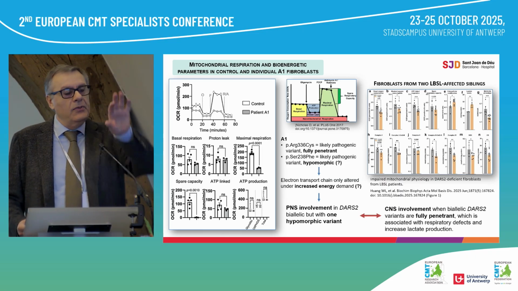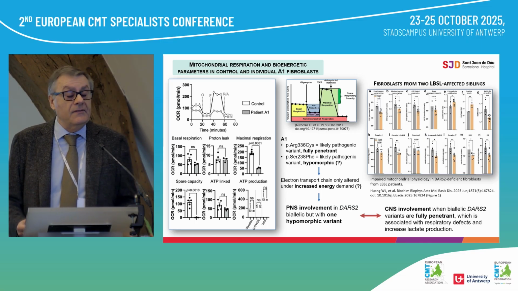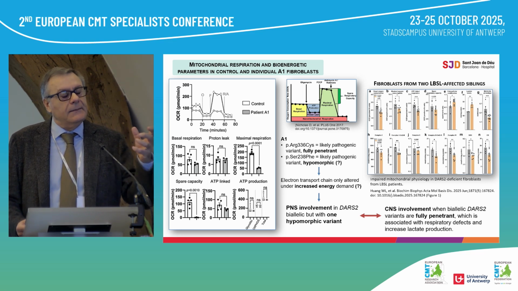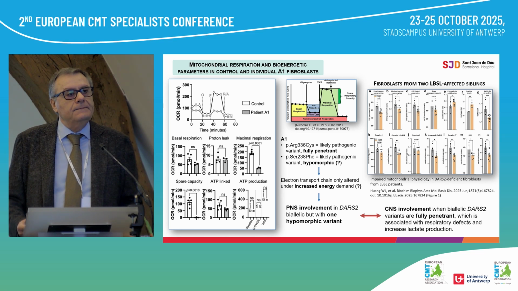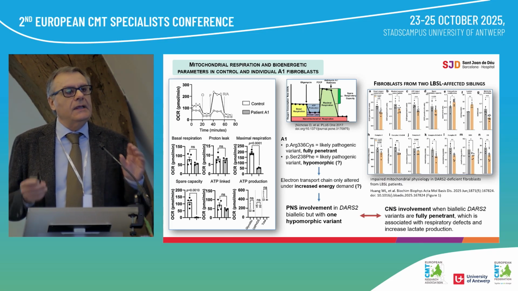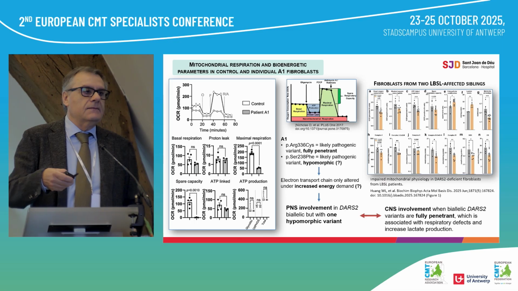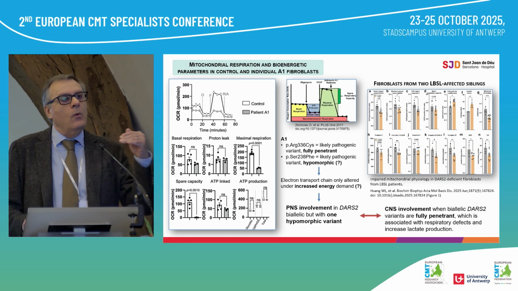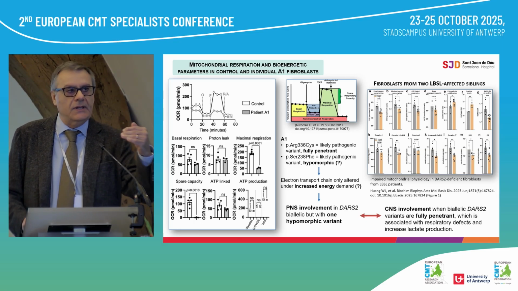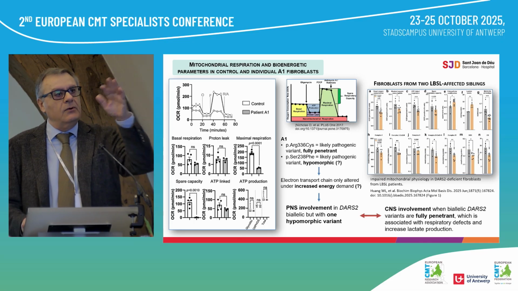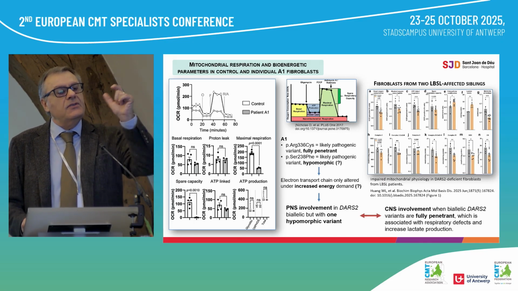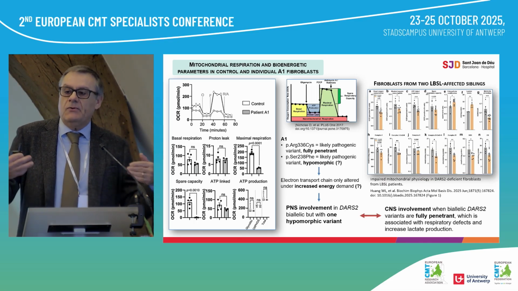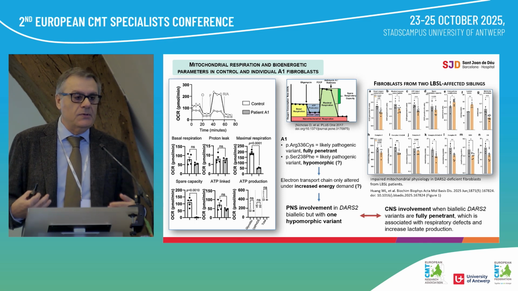When we observe on the left, in the fibroblasts from patient A1, what we really observe in these experiments is that the oxygen consumption was almost normal, except when the maximal respiration was induced. You can see between FCCP and rotenone antimycin that there is a difference between the control and the fibroblasts from the patient. When we induce the maximum respiration, there is an abnormal response